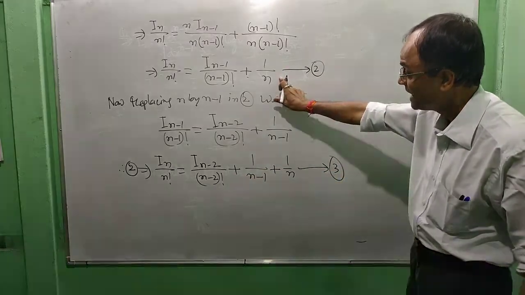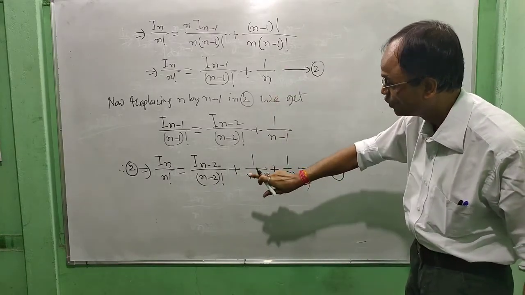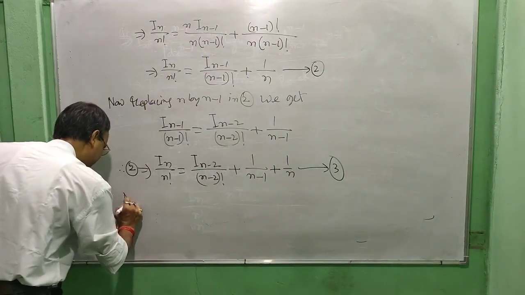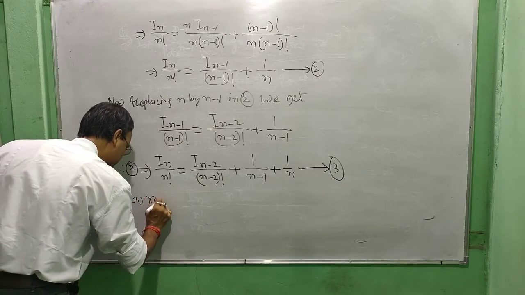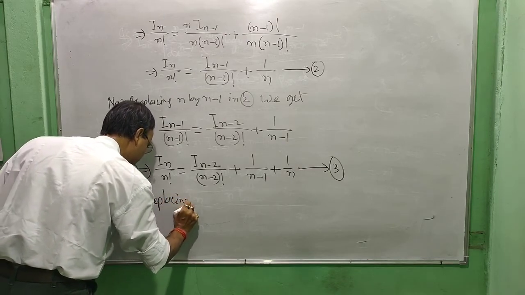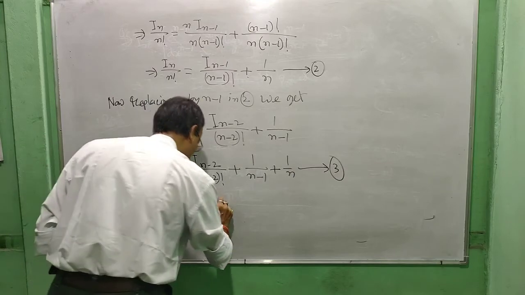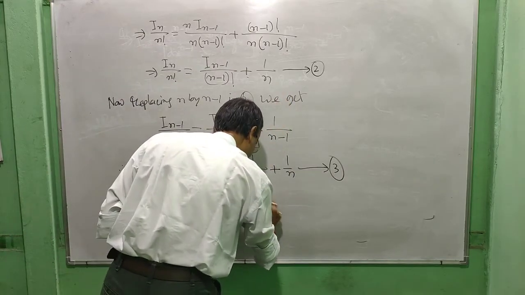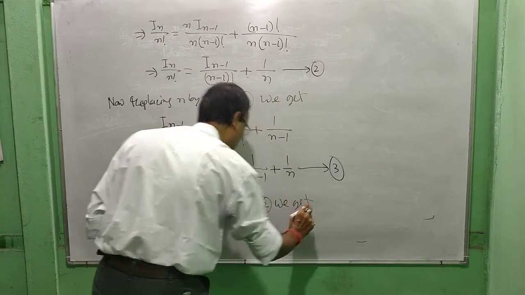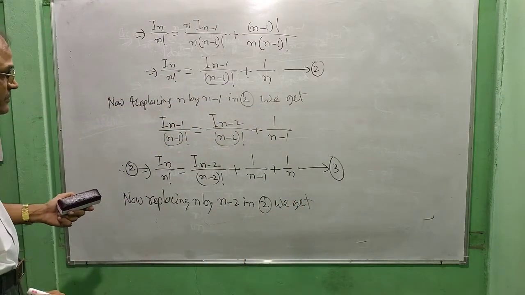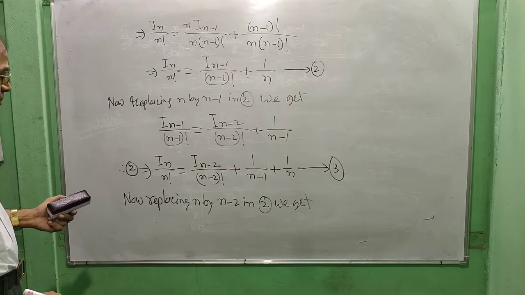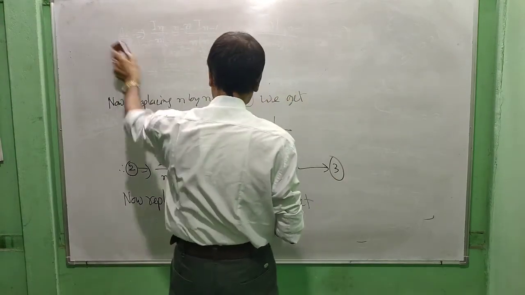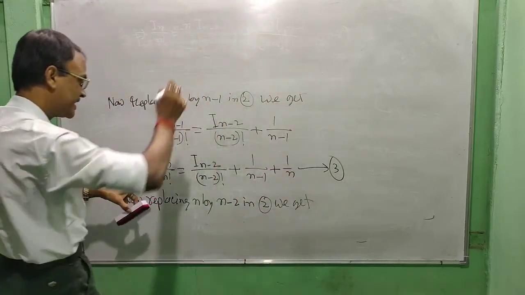Now replacing n by n minus 2 in 2, we get